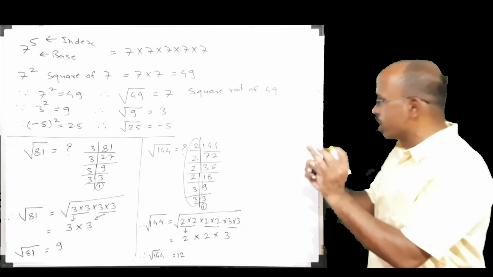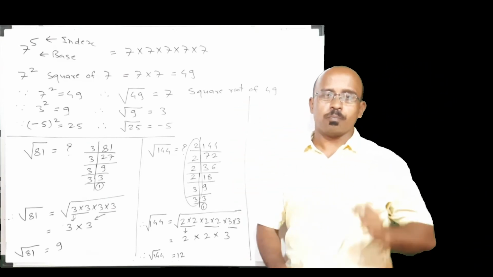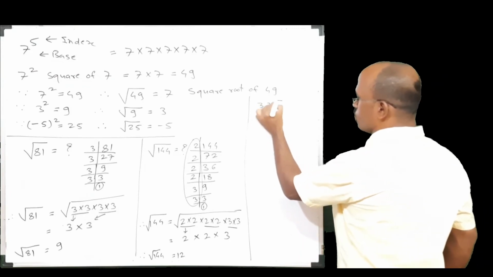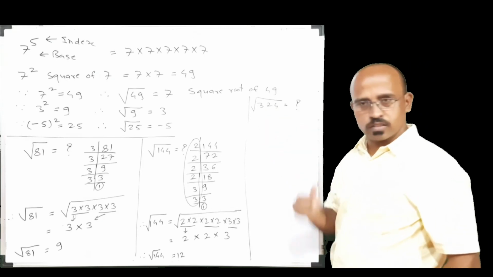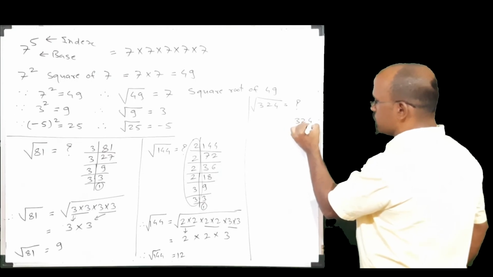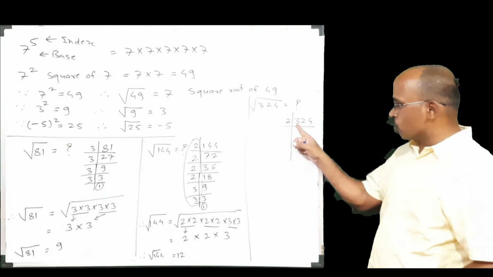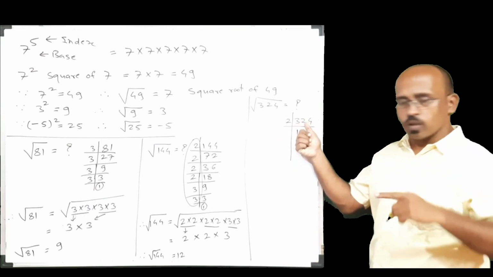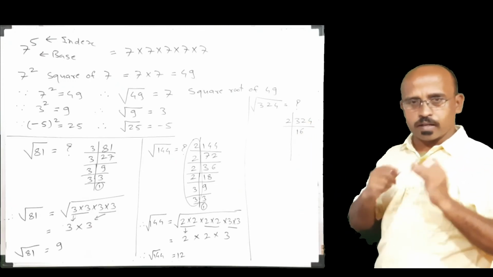So let's conclude it with one final example. Suppose we have to find out square root of 324. What we have to do? Factorize this 324. So let's factorize it. 324 is divisible by 2, right? 2 1s are 2. 3 minus 2, 1. 2 on that one, 12. 2 6s are 12. Okay, 12 minus 12, 0.